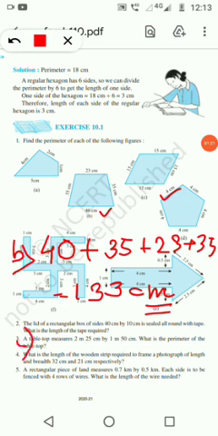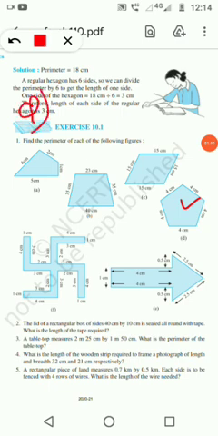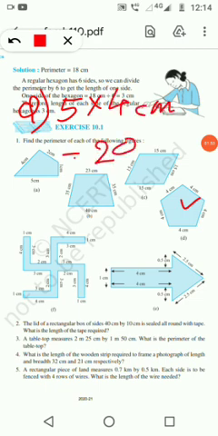Coming to question number C. Again I will see all are 15 centimeter, so it is nothing but 4 into 15 centimeter. 4 into 15 centimeter is 60 centimeter. Now coming to the next one, D. In question D you see all the 5 sides are 4 centimeter, so D will be 5 into 4 centimeter. This is a regular pentagon. So this is 20 centimeter.